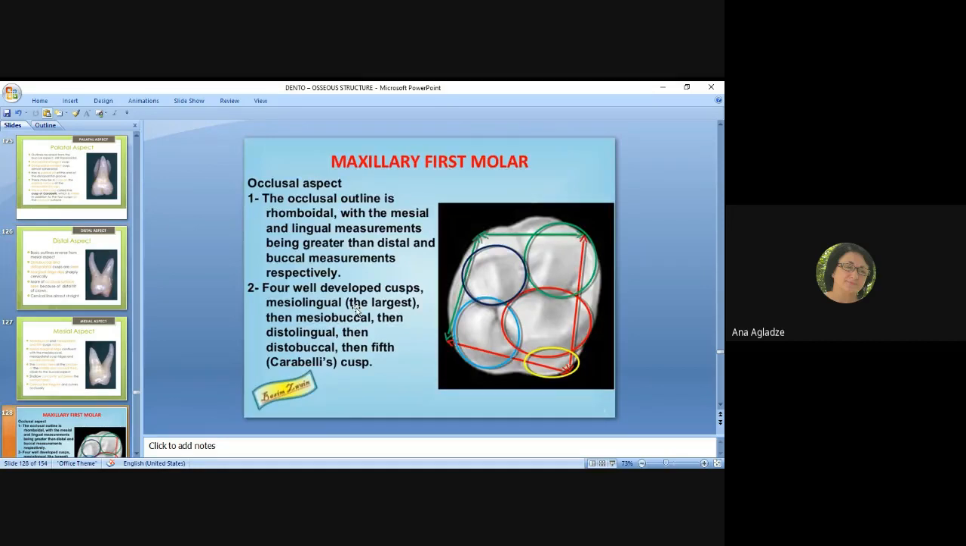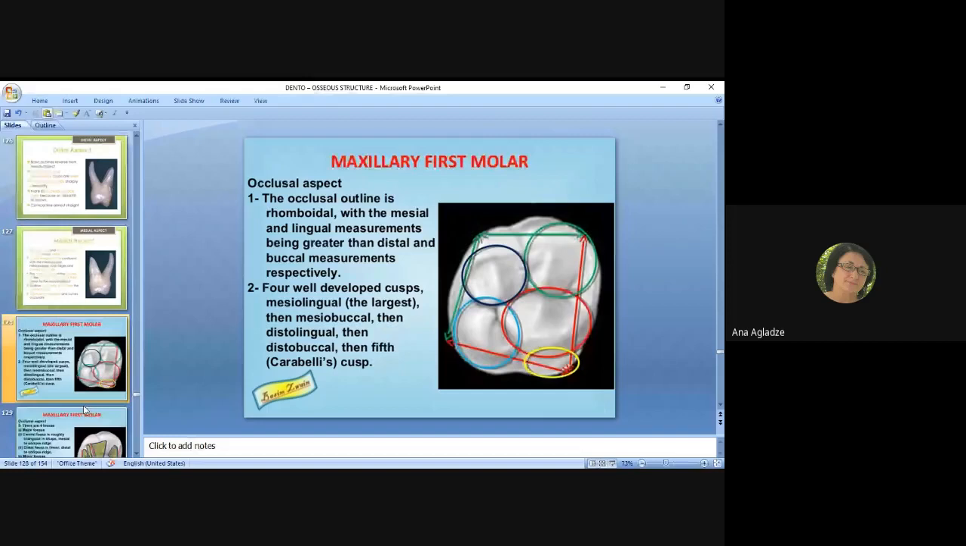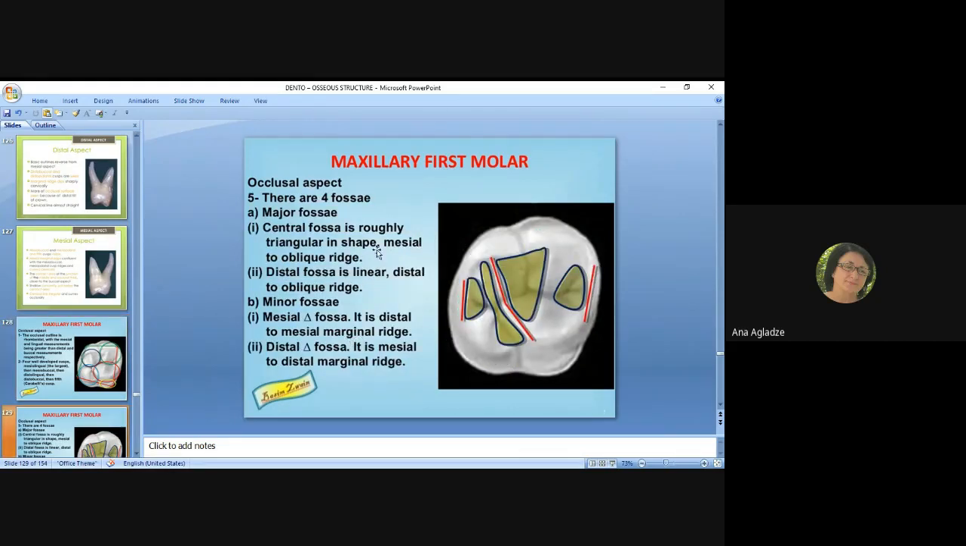let's discuss this occlusal. You can see this occlusal aspect of the first molar. It is rhomboidal with the mesial and the lingual measurements being greater than the distal and the buccal measurements. Here you can see they have such four or five cusps. And here you can see they have four fossae. This is the central fossa, which is roughly triangular in shape, and